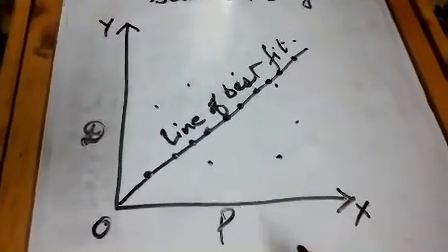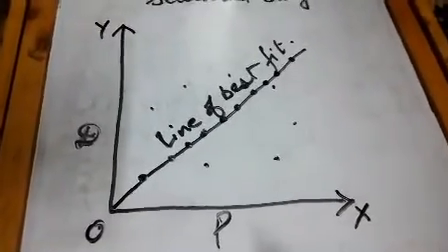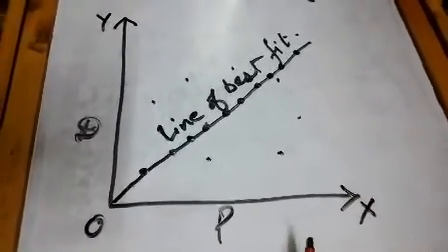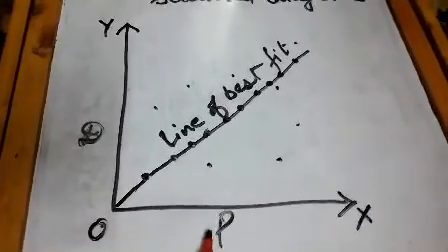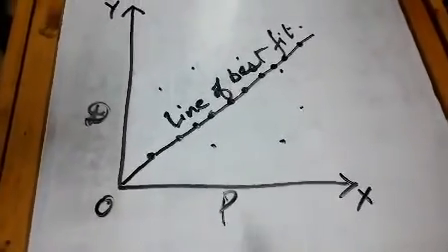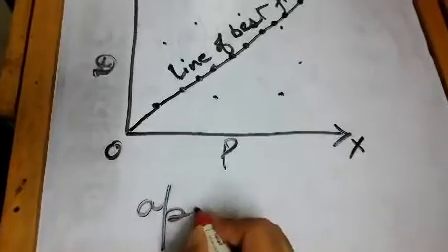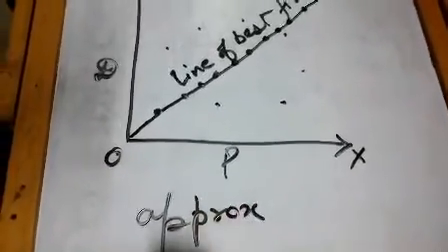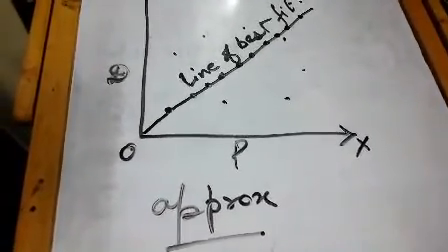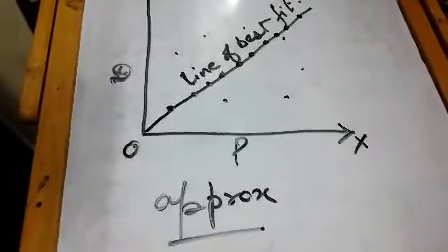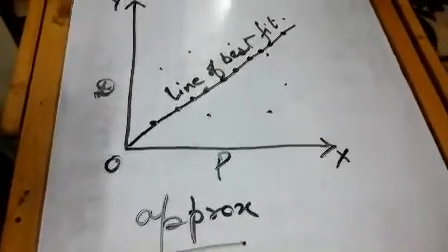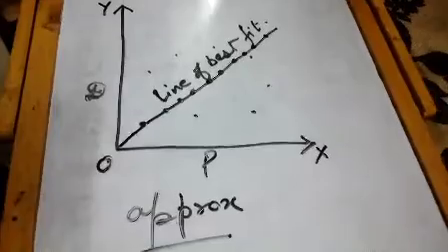But one most important thing we can discover here is that scatter diagrams show a relationship between the two variables given to us, but the relationship shown between them is just an approximate relationship. It just shows the closeness of two sets of data. 100% accuracy we can't achieve by these scatter diagrams.